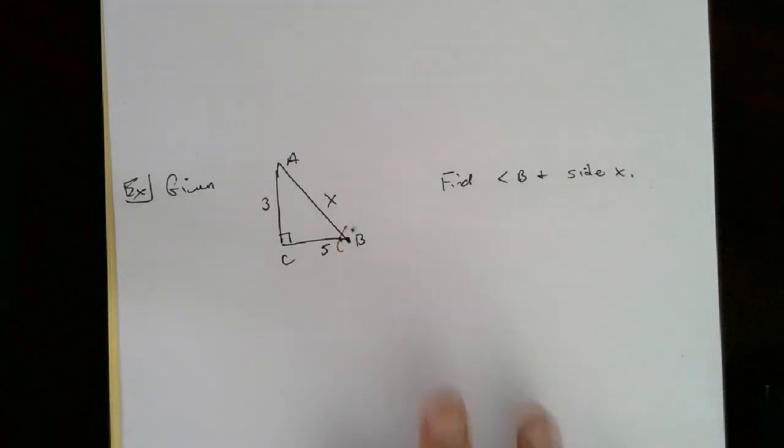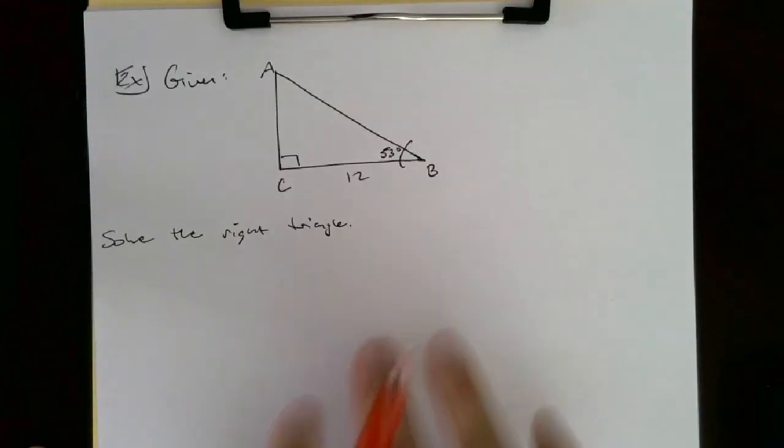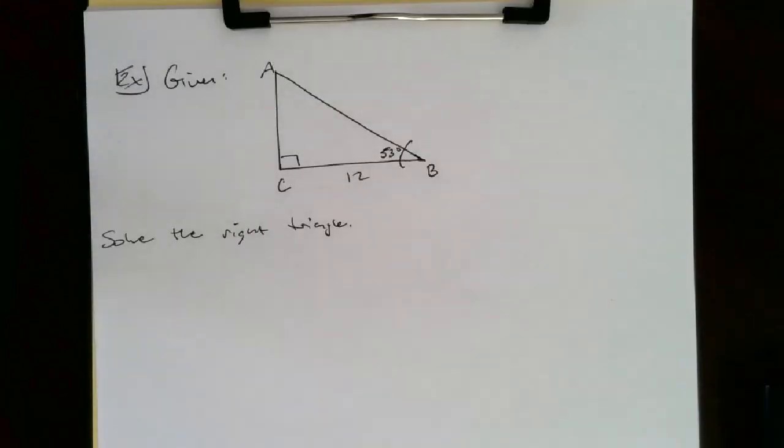So pause these two, go through, and then we'll look at the solutions here. So for this first one, to solve the right triangle here,